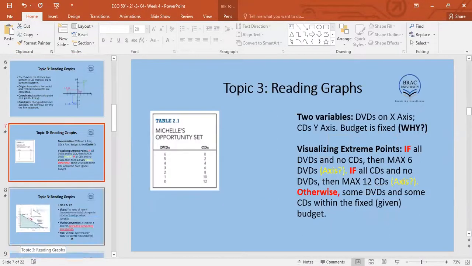Is there any special reason why economics doesn't deal with negative numbers? The reason is very simple. If this is price and this is quantity, the normal type of graph that you have seen before, can price ever be negative? No. If price were negative, then it could have been in the third and fourth quadrants. If quantity were negative, it could have been in the second and third quadrants, right?